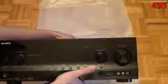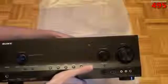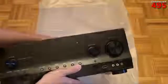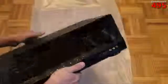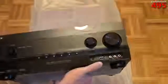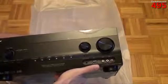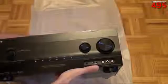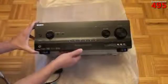And then you have an input selector knob and an input mode below that. And then you have your master volume all the way over on the right-hand side, which I can't reach right now because this is probably a good 15, 20 pounds. You have your auto calibration mic input there, and that's what I showed you. You actually put that in the center of the room, and it will auto-calibrate your speakers. You have a USB input for your iPhone or iPod, and then you have some composite cabling inputs on the far right there. So that's the Sony